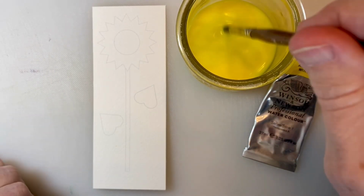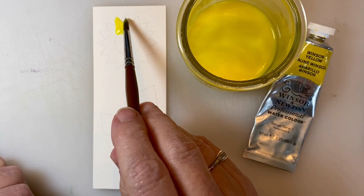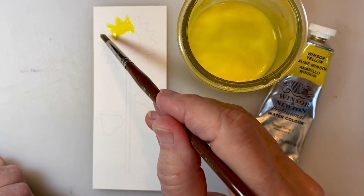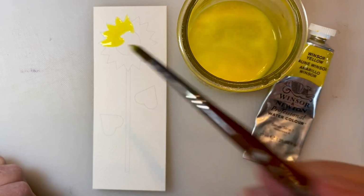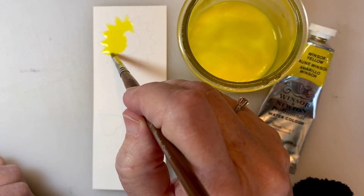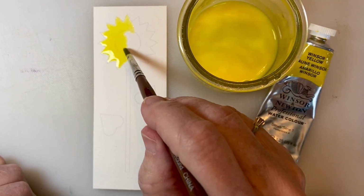If you'd like to learn to paint a really easy sunflower, I thought I'd show you how I would do that with a limited palette. I've got a sunflower printed on this watercolor paper. It's very light, and I'm just going around and painting yellow. I used this Winsor yellow, put a dab from the tube in the bottom of the jar, added some water, and now I'm painting the